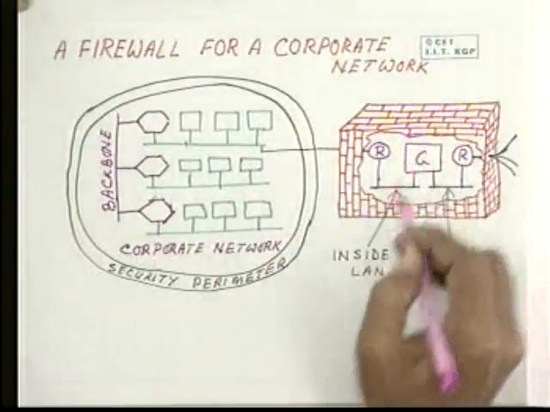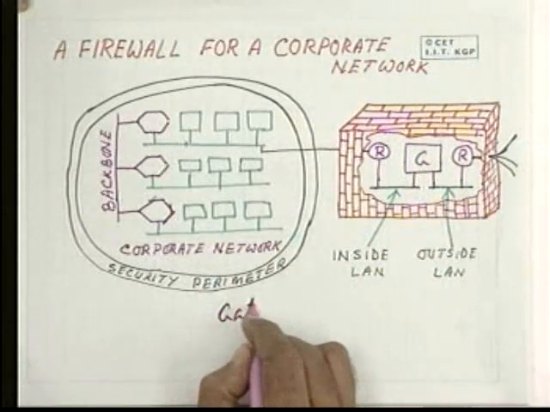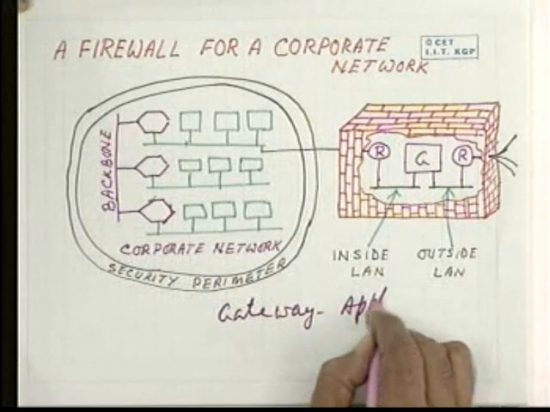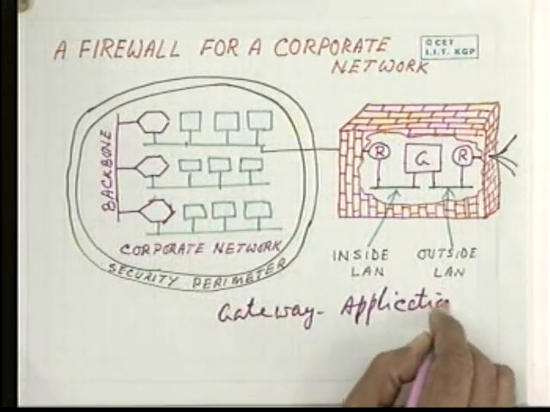by this gateway. This gateway is an application gateway. That means not only can it look at the IP address and the port numbers, but it can look at the contents of the message. That means suppose somebody is sending